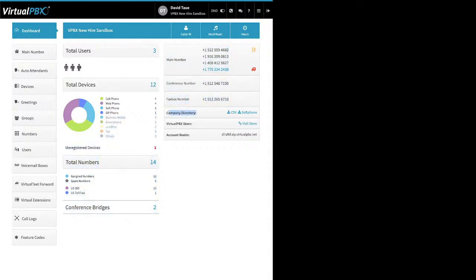Next up, we have company directory. We have 2 links here. One is CSV, the other is softphone. The CSV is just that. It's just a spreadsheet file, and it's going to have all your staff members' names, their email addresses, their extension numbers, and their devices. Right. So if you like to have that kind of file around, so you can have a physical copy, you can do so. The softphone link, this is for use